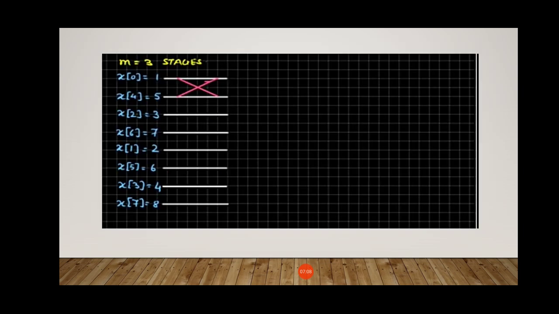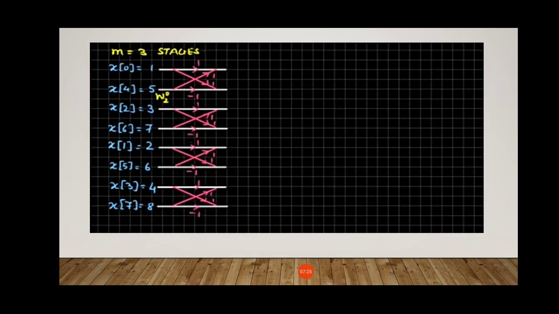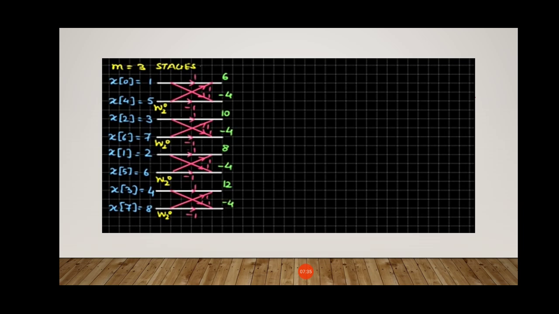Now see, as I have told, we start with x0, x4, x2, x6, x1, x5, x3, x7. We have put the values and put a cross between each of the 2 values, because we start with 8 1-point DFTs. And the twiddle factor, as I told you, is, because it is a 2-point DFT, W2 to the power 0, which is 1. So the first stage is